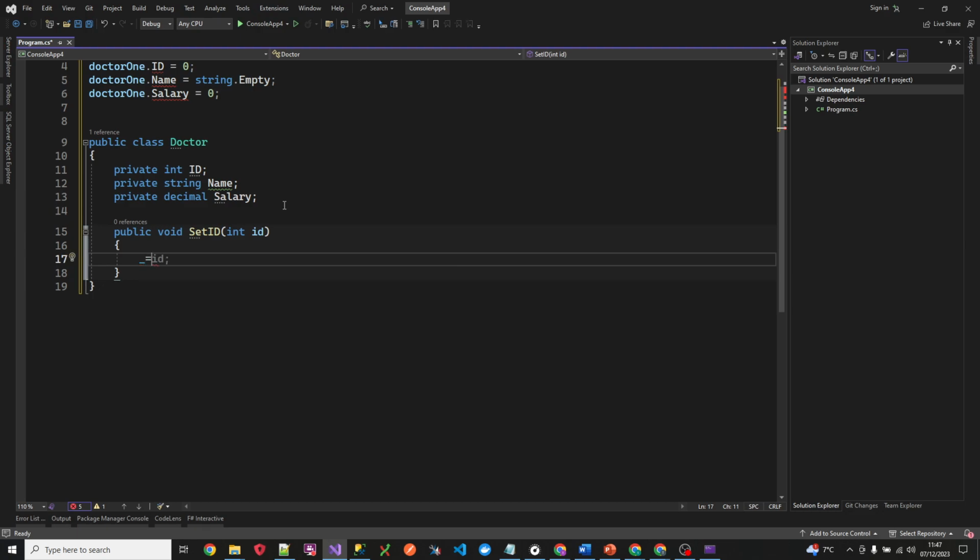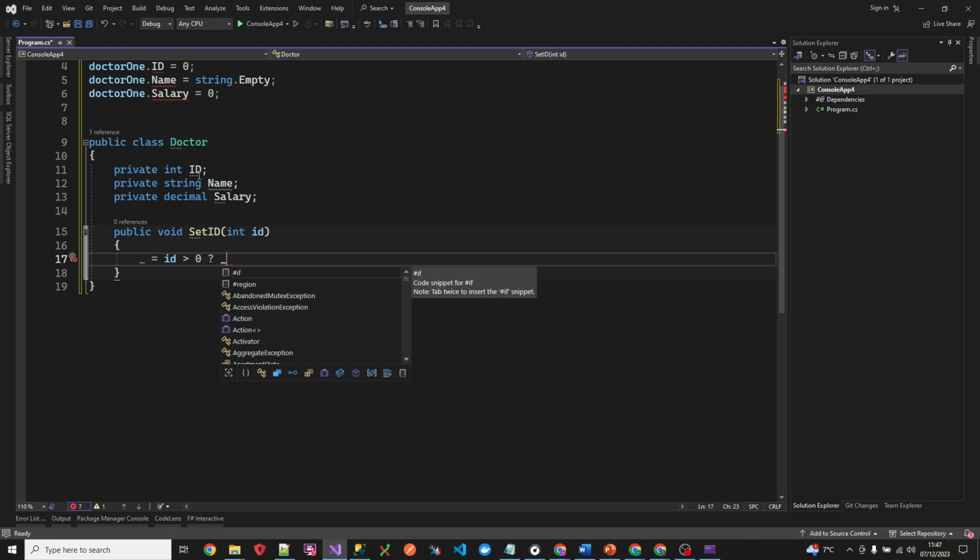I'll explain what that is in a future video, but basically it's a variable that we create that we're not going to use, that we can discard straight away. So we can say ID is greater than 0, so we're using a ternary expression here, then we want to set the